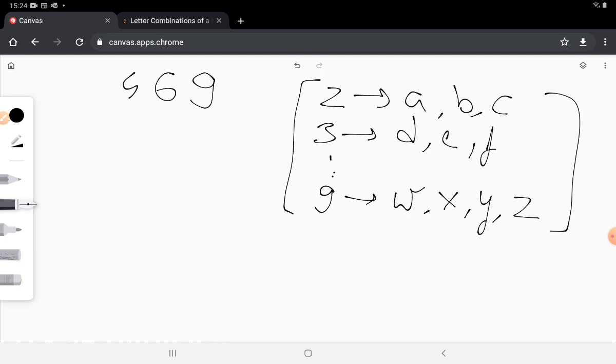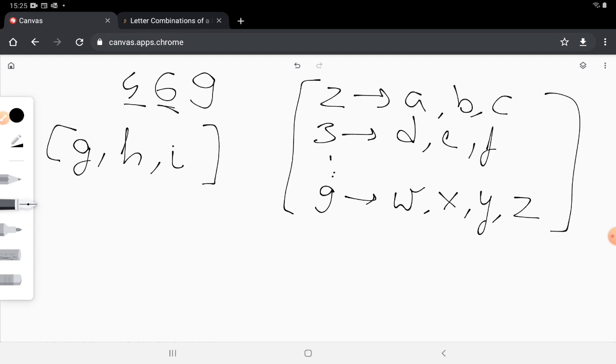So first of all, we'll keep this map pre-prepared. Now let's start parsing this input string iteratively, starting from the first character in this string, which is 4. So when we see this is 4, we can consult this map, and 4 maps to G, H and I. So we can maintain a list, and in that list let's add G, H and I strings. So this is a list of strings, and each string in over here is a single character string G, H and I. So now we are done with 4.